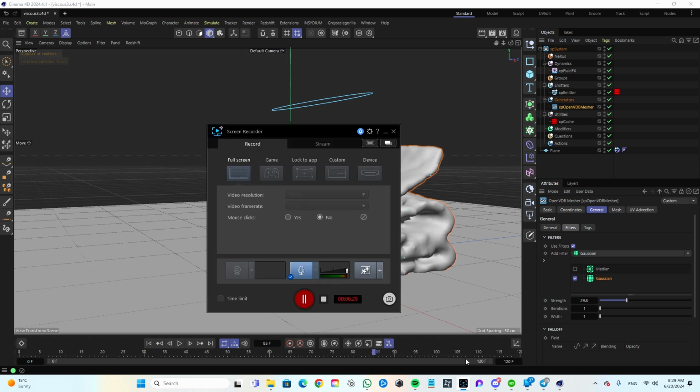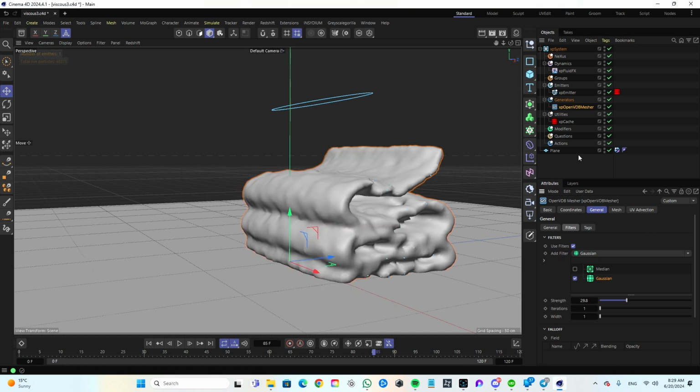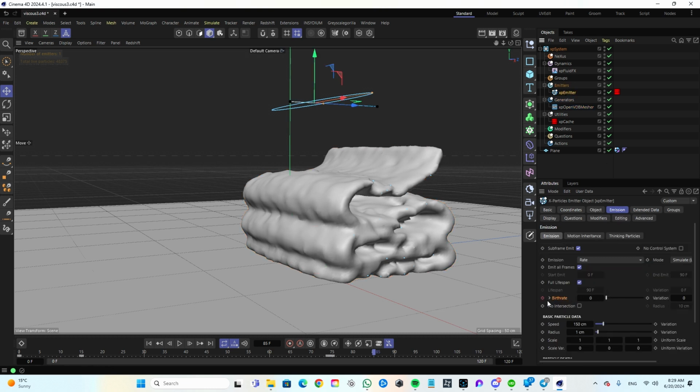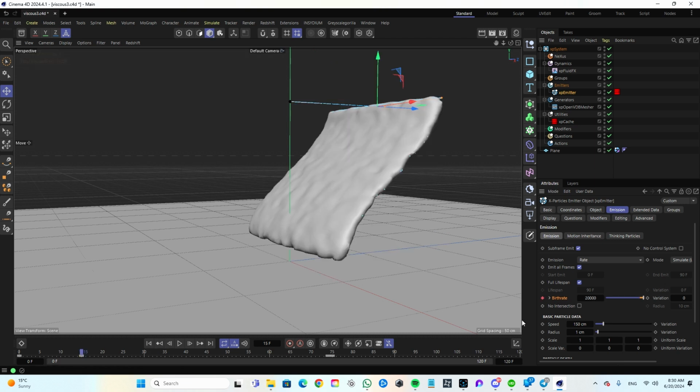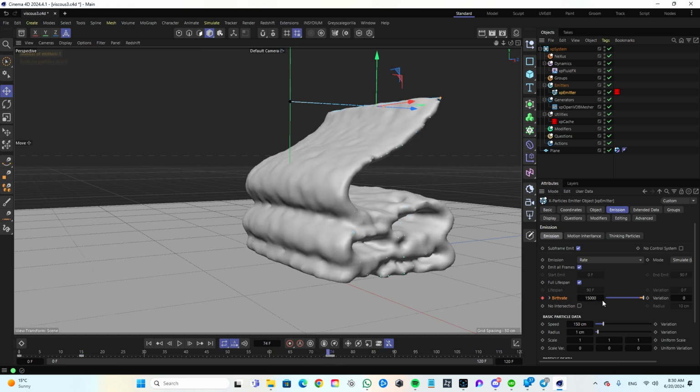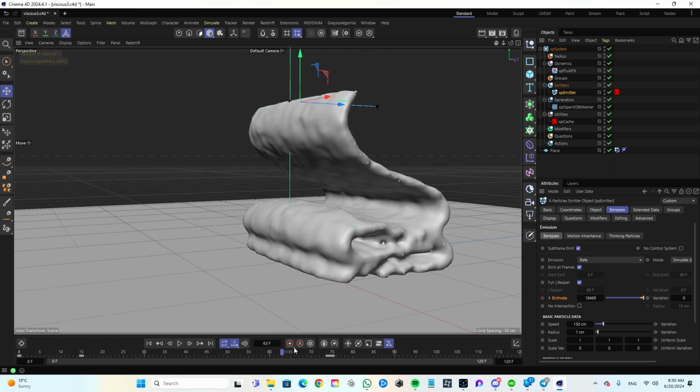Okay, so I lowered the filter to 29.8 and made an animation on the emitter: at frame 15 it has 20,000, at frame 74 it has 15,000, and then at frame 75 it has 0 emission. I also lowered the radius of the basic particle data to 1,